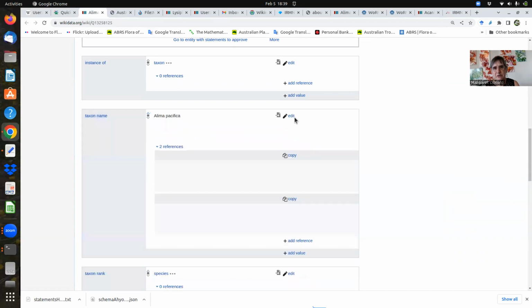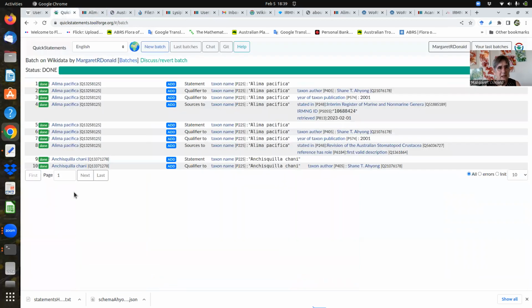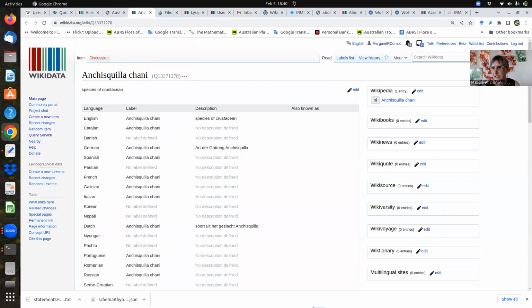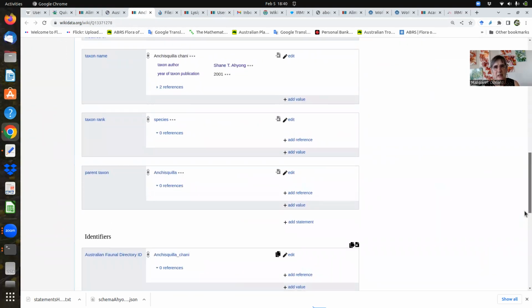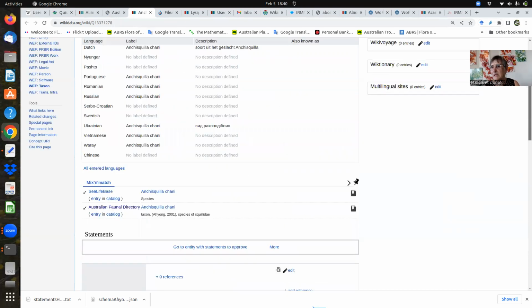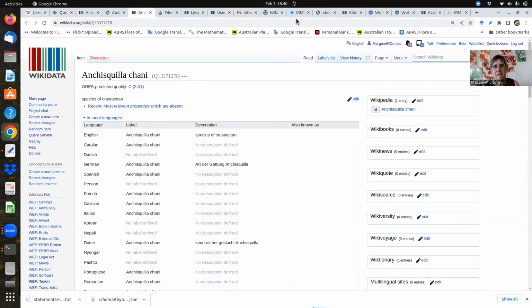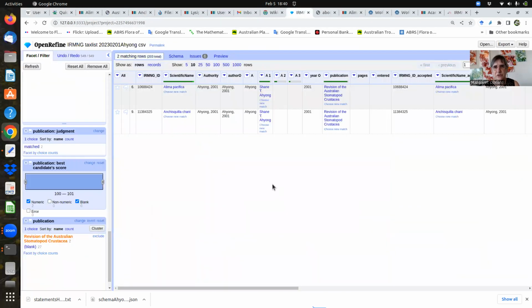I'm not going to bother to do it for the other one, but I am going to check the other one. It was Anki squealer chani, and we're just going to check that it's looking okay and not looking peculiar. Shane T. Ayong, year of taxon publication, 2 references. There we go, looking good. All right, so we have, going back to our thing, we've got one more task to do,